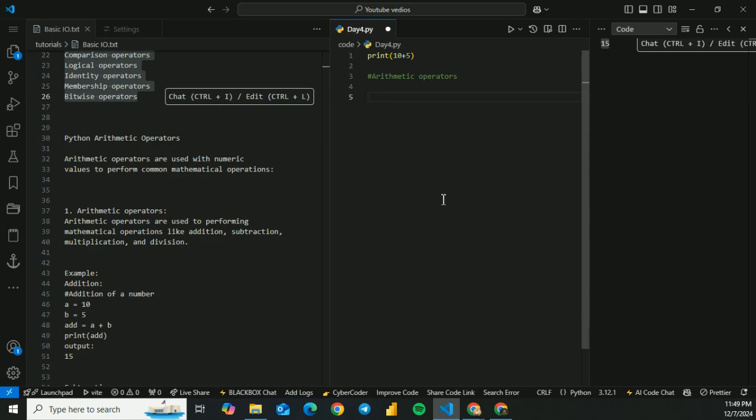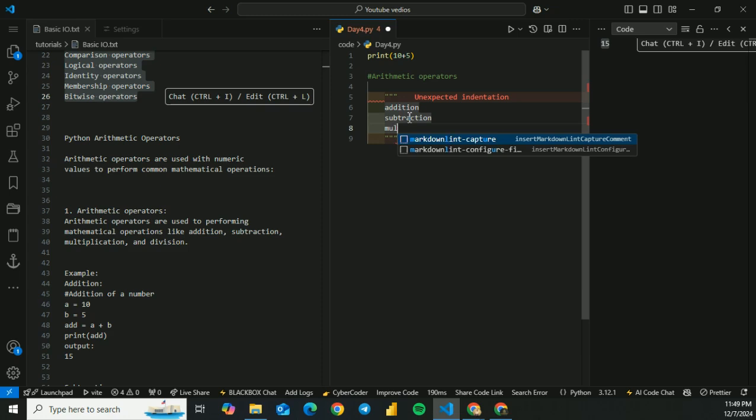The common mathematical operations used for arithmetic operators are addition, subtraction, multiplication, and division. These are some of the arithmetic operators which are used for performing the arithmetic operations on the provided